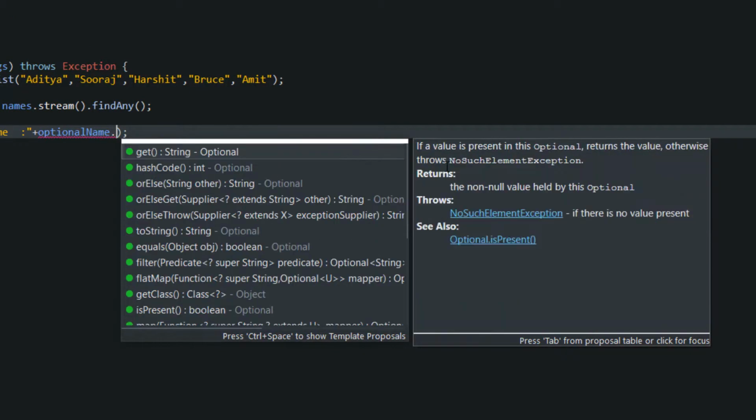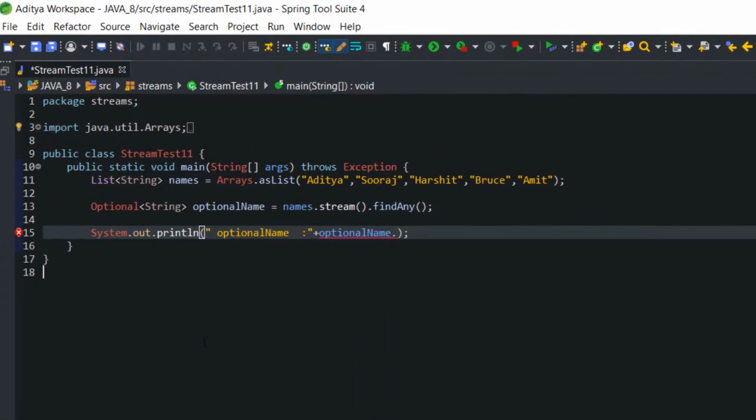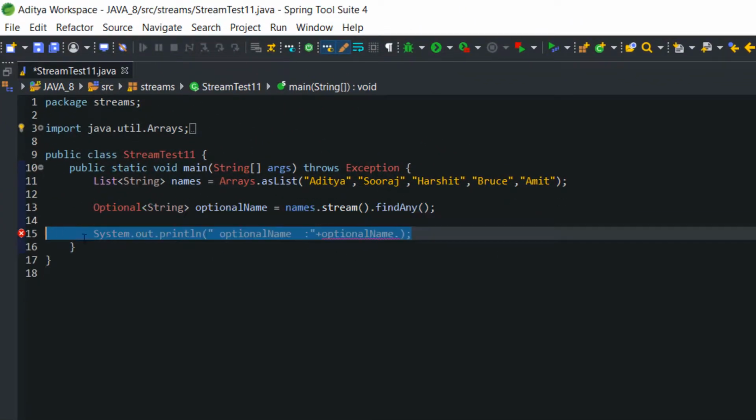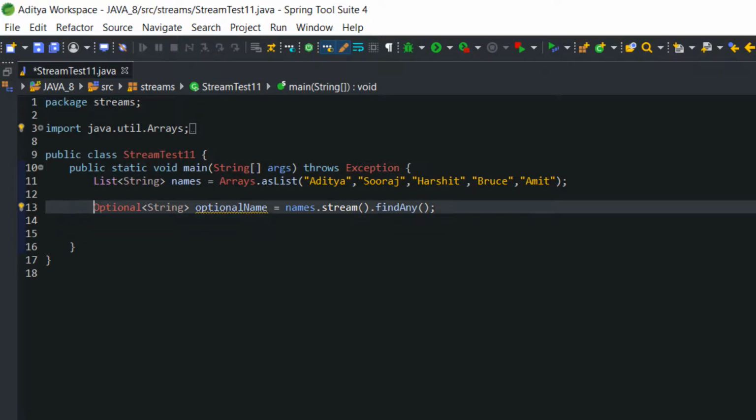Now there is one more important thing I need to discuss. Right now, what I have done is written a list of names, and out of this list of names I have extracted one name and saved it inside Optional. Instead of that, you can save the whole list of names inside Optional. How are you going to do that? Let's see.